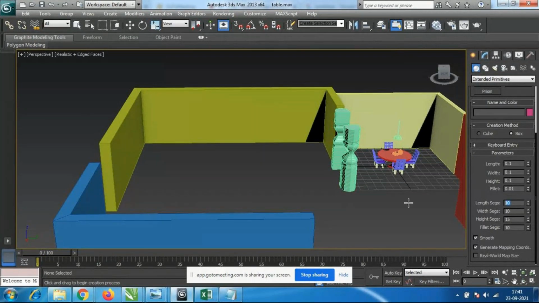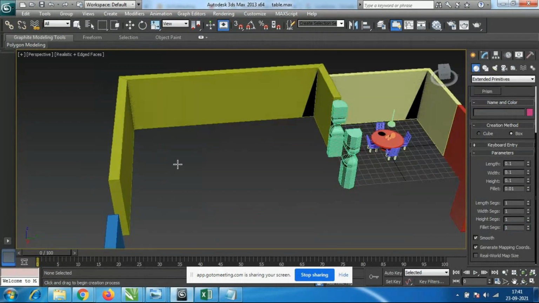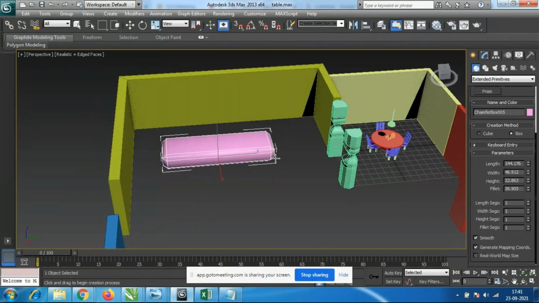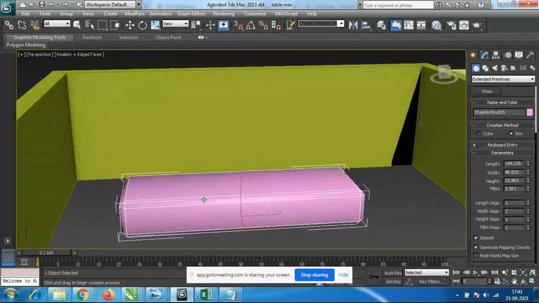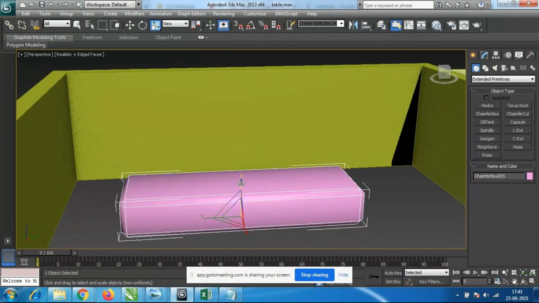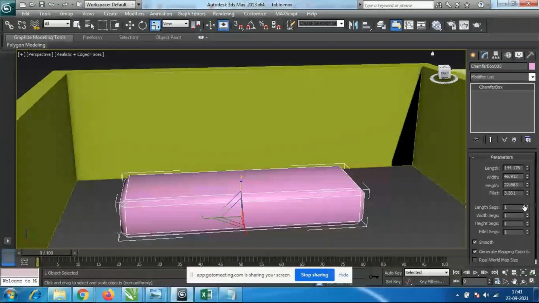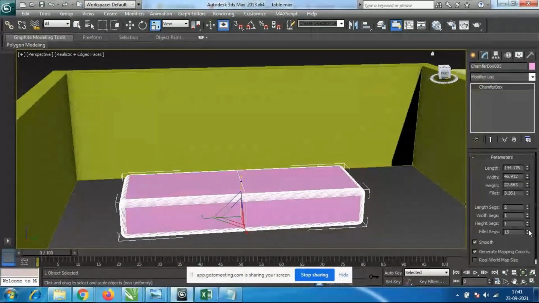I'll just make everything zero, just zero. If I want to make it smooth, again we have to add segments, as many as we want, and fillet segments we can add, so it will become smooth edges.